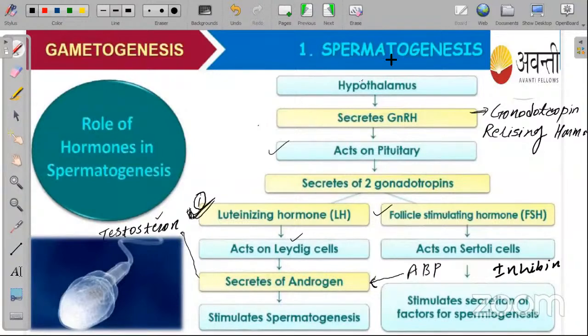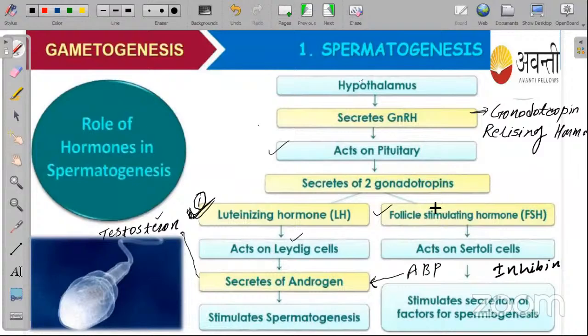Then this luteinizing hormone, question: yes, luteinizing hormone comes from the pituitary gland. It is clear here, it is all mentioned here. Okay, so Harsha, don't worry. So here, Harsha,